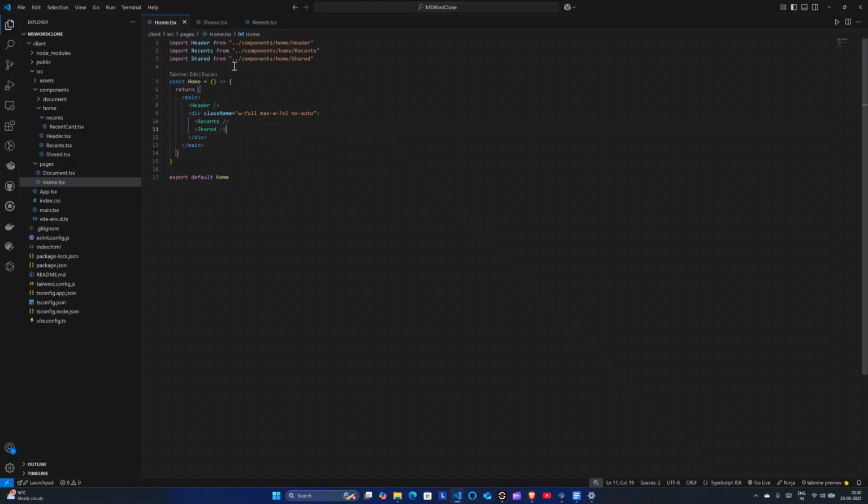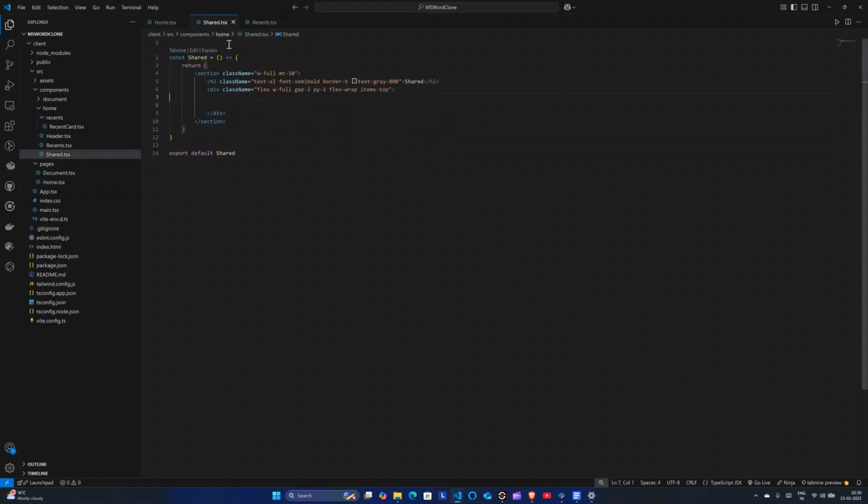So in this shared section, see how I build it. Okay, just focus on this. So flex and then flex col. Alright, and here gap will be 2, items will be top, flex wrap is not needed at all, and py2 is also not needed. W full. Alright, so yeah, and now